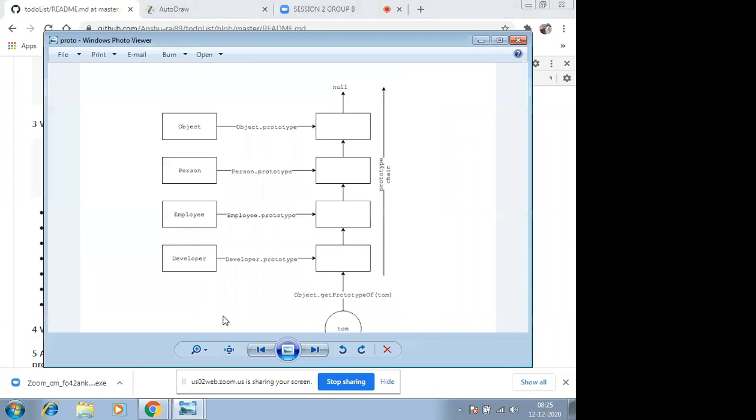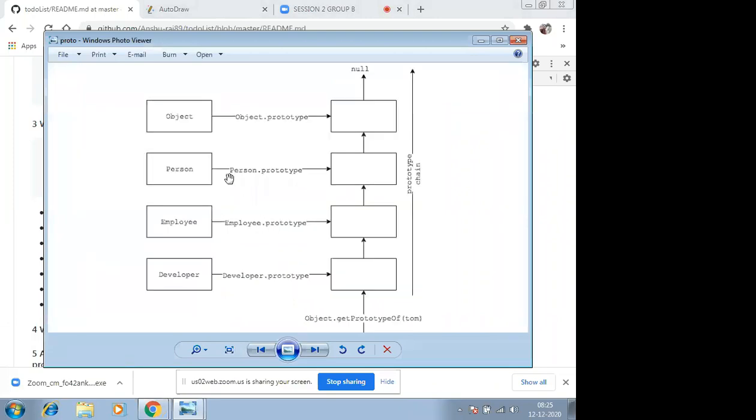To get more clarity on what the prototype chain is, you can see that at the first level we have Object, because we know that any objects that are created basically belong to the Object class. There the prototype is assigned to null. That's the stopping condition in the prototype chain delegation: if I get the value of my prototype as null, that means I have to stop. There is no more prototype chain, and I have reached the parent level. So this is my stopping condition.